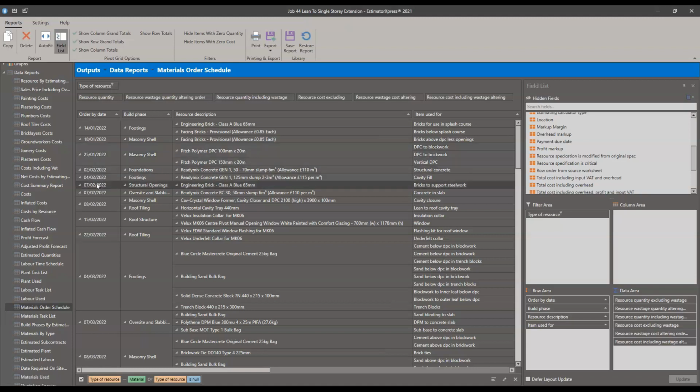So it just gives me that kind of prior warning based on their average delays in ordering, to make sure I'm ordering ahead of time. And you can look at this report and look at things beforehand and go, right, okay, I need to get all this ordered in so and so. You can